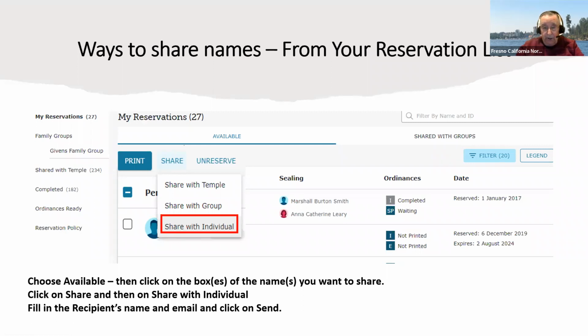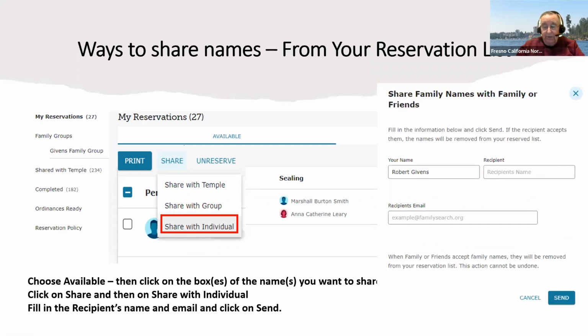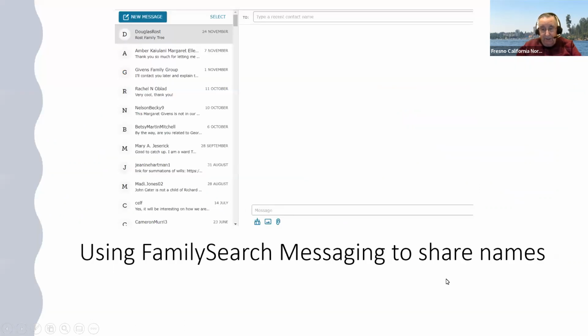And when you click share with an individual, you'll get this little document that comes up where it has your name. You put the name of the person in here that you're going to share this ordinance with, and then provide their email. And then you click send, and the name gets sent to that person, if they've said they'll accept those kind of messages. That's why you have to have that checked.